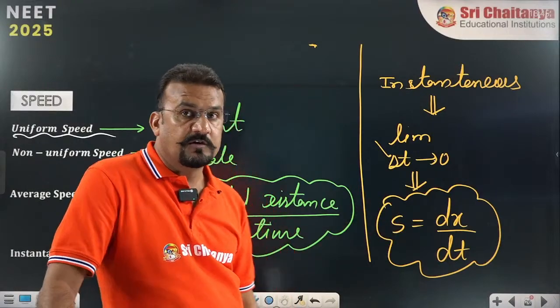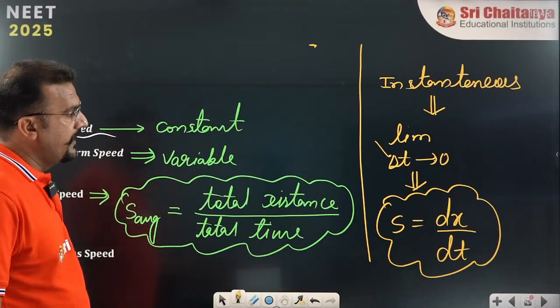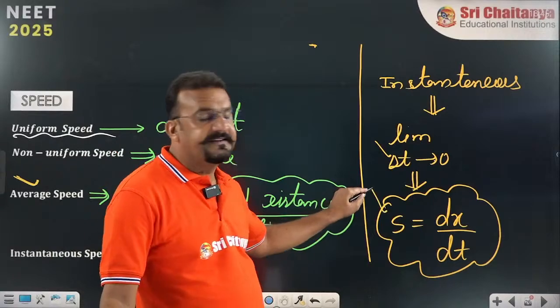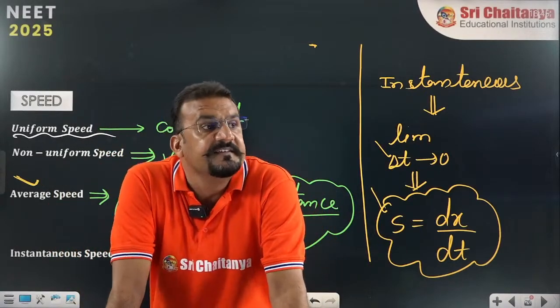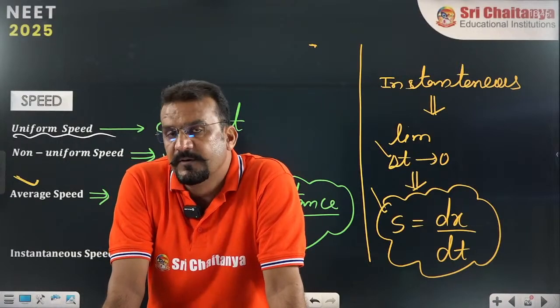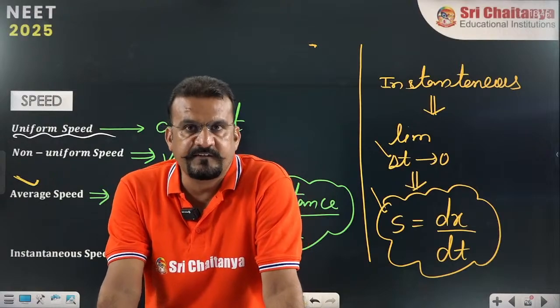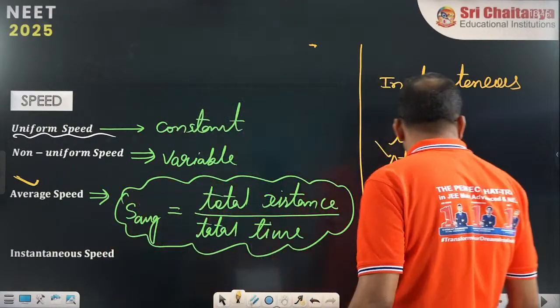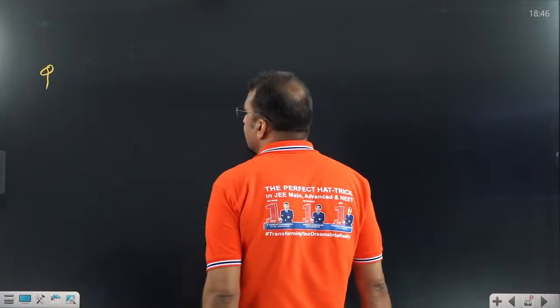So remember this. Our main topic first is average speed. After that, we will discuss instantaneous speed. But instantaneous speed questions we will cover along with instantaneous velocity. So remember that. Now let us take one last example for average speed. What type of question is asked? Let us assume one question.